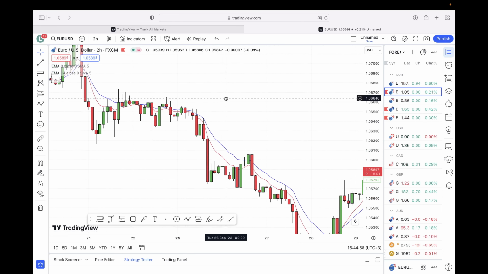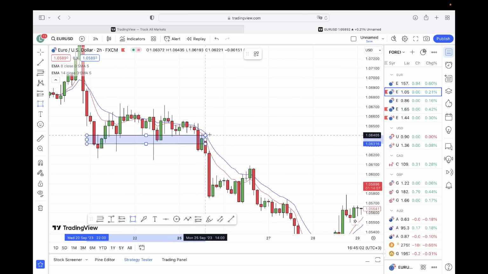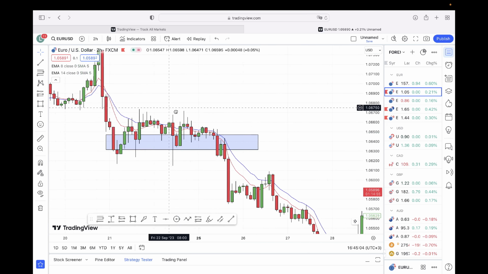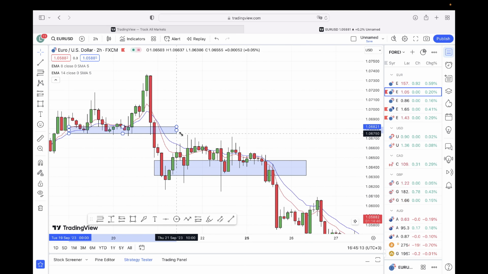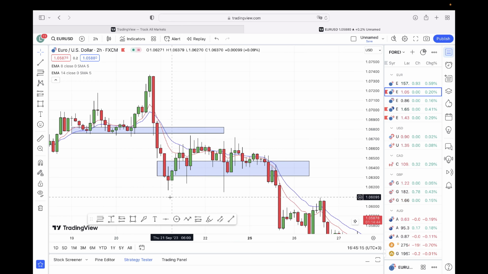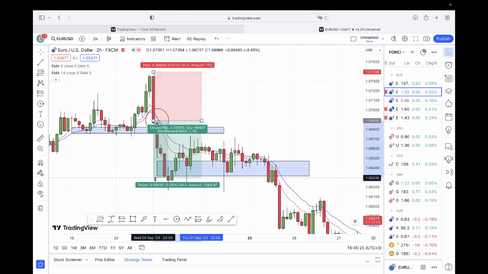So if we go to this particular place right here, we can mark our support or resistance levels, it doesn't matter. And as you can see, here we had our first cross. Here I can see that we have a support level, and basically here we have a cross, and according to this strategy, here we should open a sell position, boom. So let's open a sell position, and as you can see, this would have worked